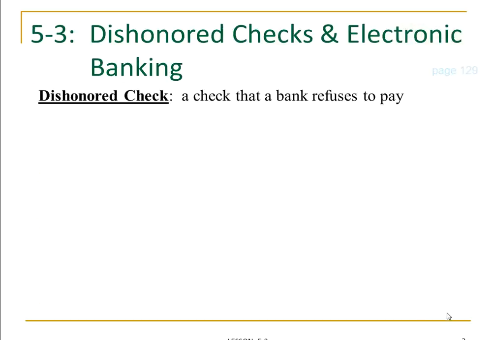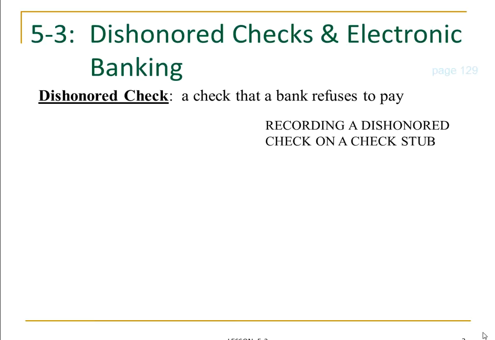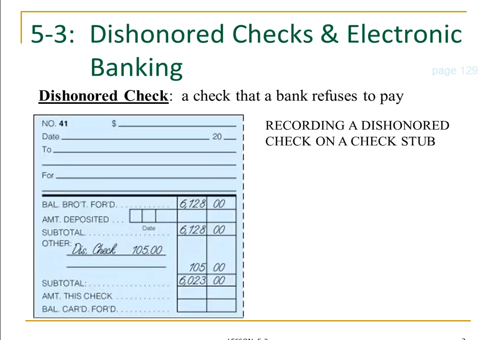So, first, let's have a little discussion about what we call a dishonored check. This is basically what we typically think of as a bounced check. It's a check that the bank refuses to pay, typically because there's not enough money in the account of the issuer of the check. It's recorded on our check stub,